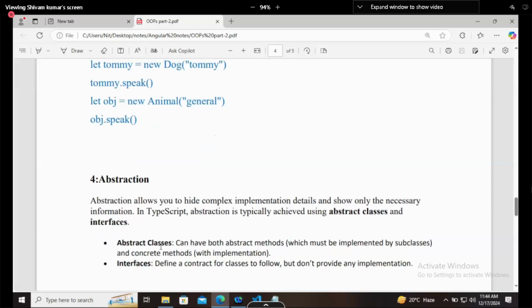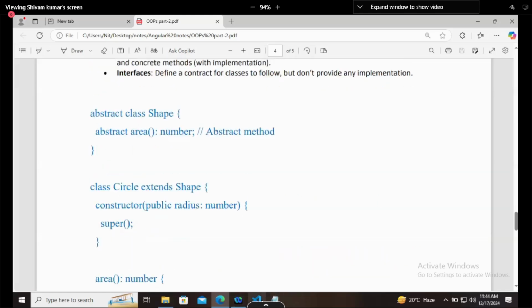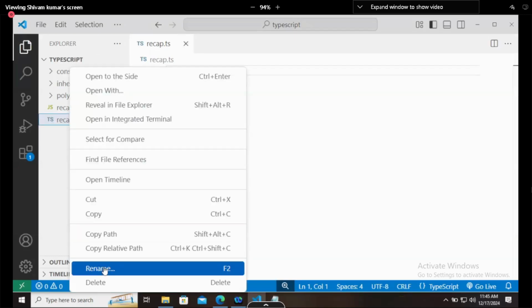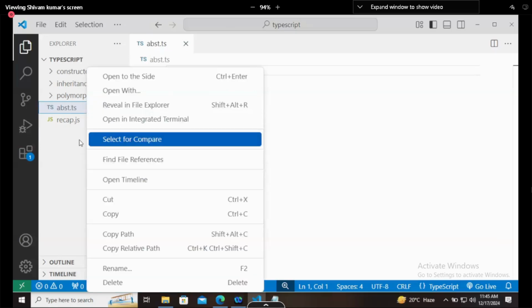Now, what is an abstract class? An abstract class can have both abstract methods, which must be implemented by subclasses, and concrete methods. So now let's try to do it. Let me rename this file to abs.